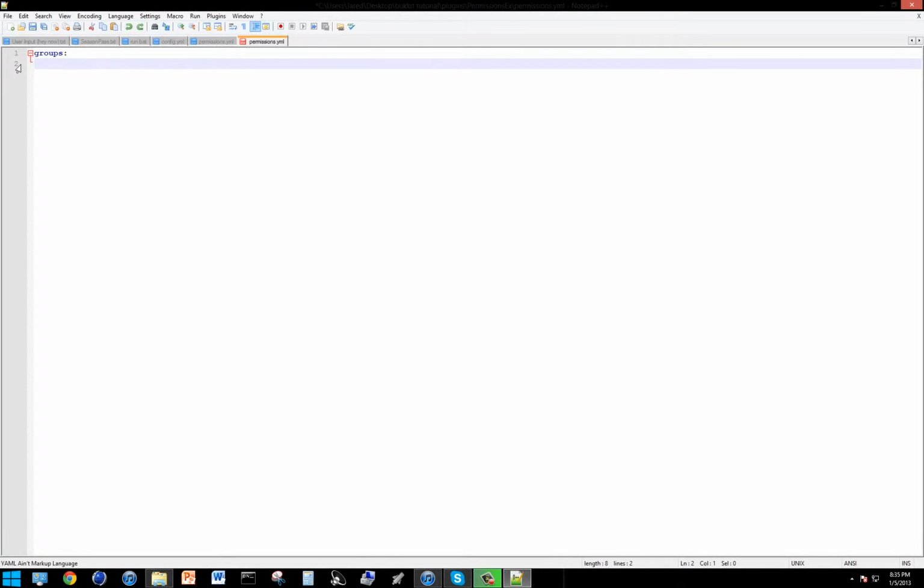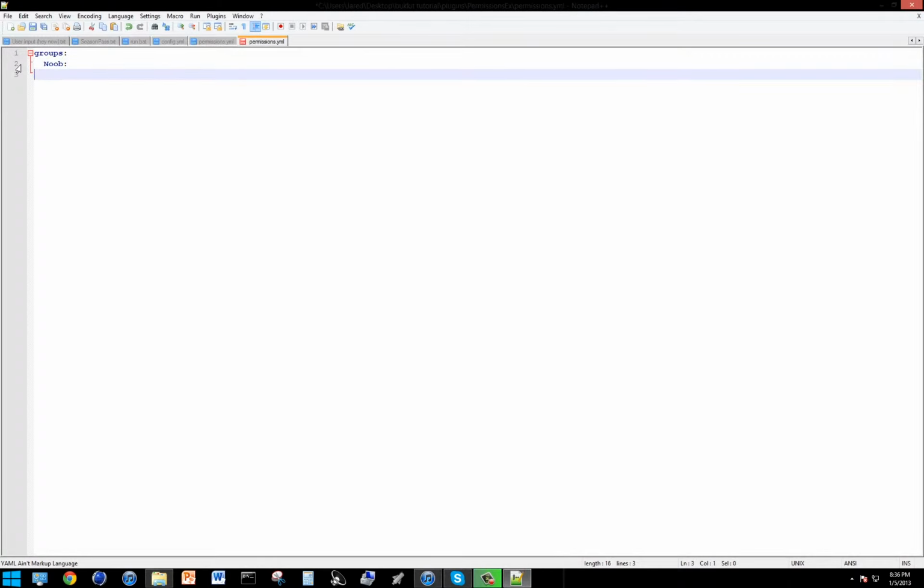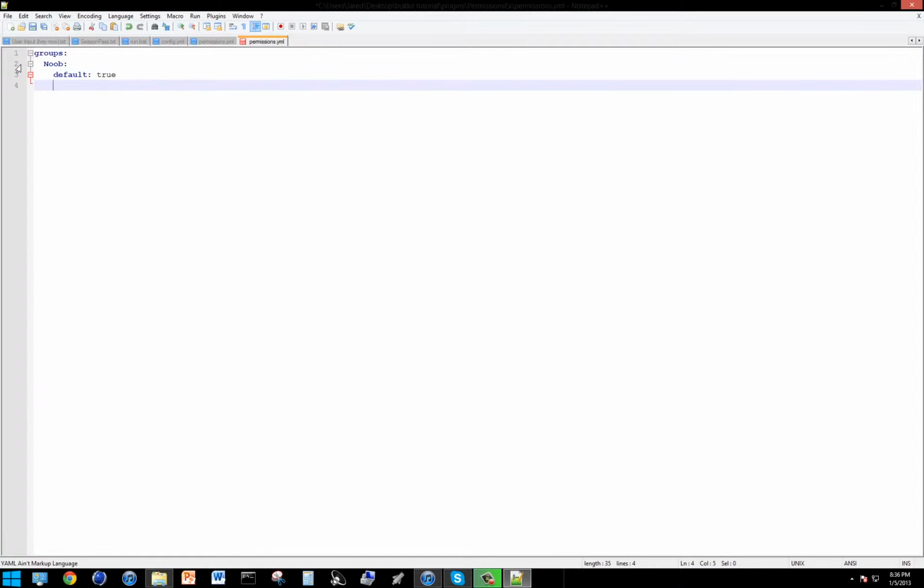Okay, so now there we go. So now you're gonna do a colon, new line, go 4 out, type default. Now you can either set this to true, so when players first join, they will get this command, or they will get all the commands and permissions, or false if you want a new group to be put to default. So that's that. New line, 4 out again,